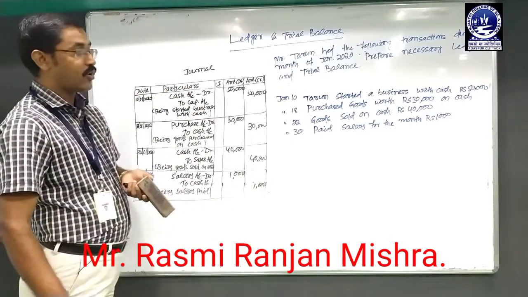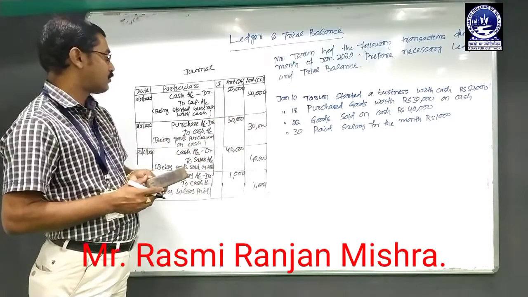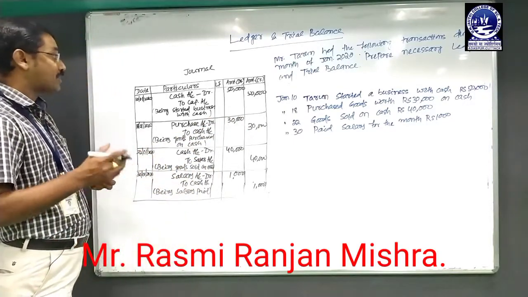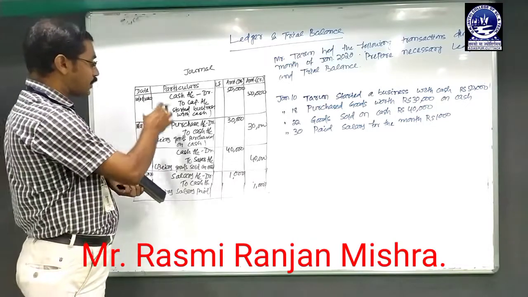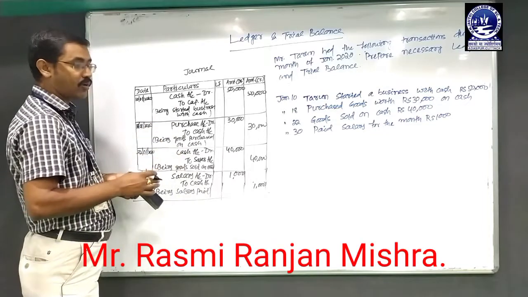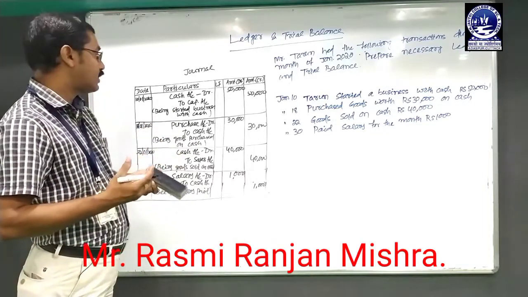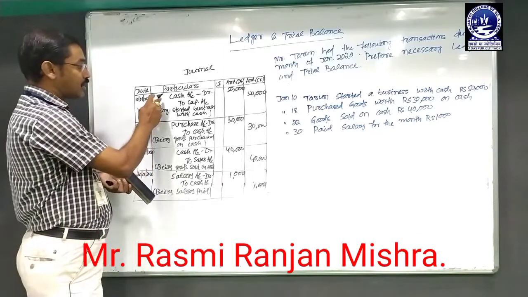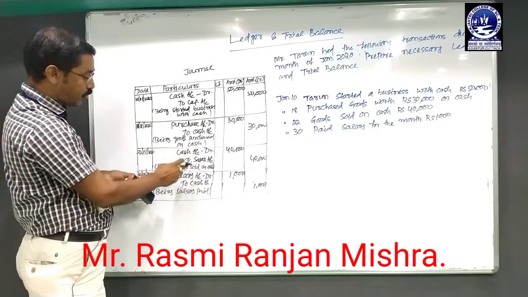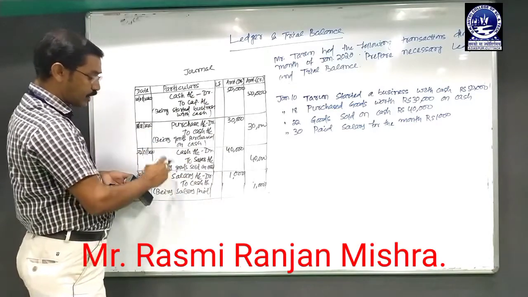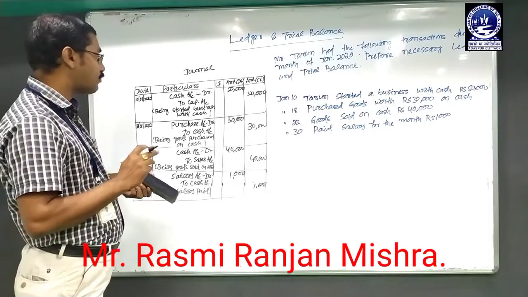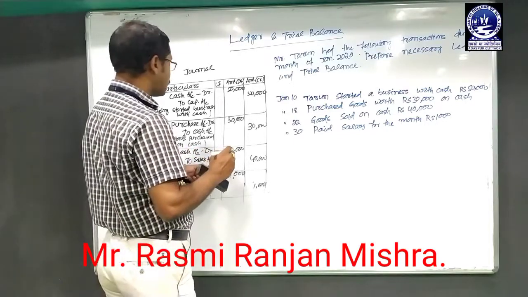So this is our complete journal entry for these 4 transactions. Based upon these journal entries, we will prepare necessary ledger accounts. So at the time of preparing ledger account, first we have to trace the journal entry. The number of accounts which are mentioned in the journal entry, accordingly we have to prepare that ledger account. So here cash is one account, second one is capital, third one is purchase, the fourth one is sales, and the fifth one is salary. So there are 5 ledger accounts that must be prepared one by one. So we have to prepare the necessary ledger account.